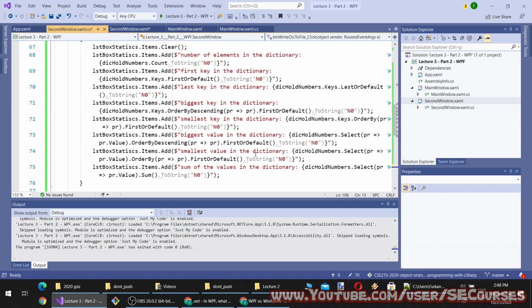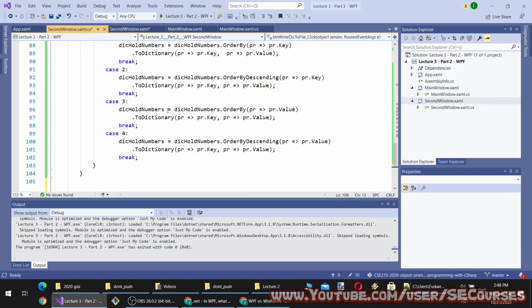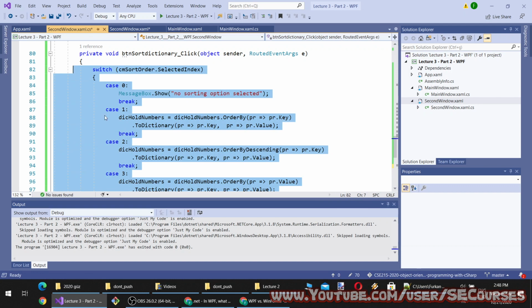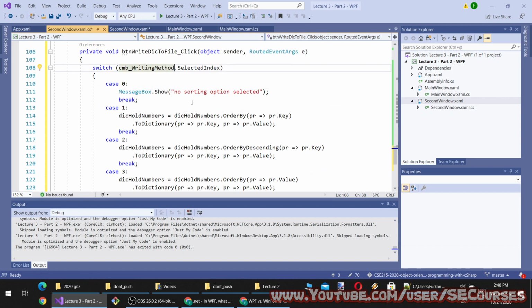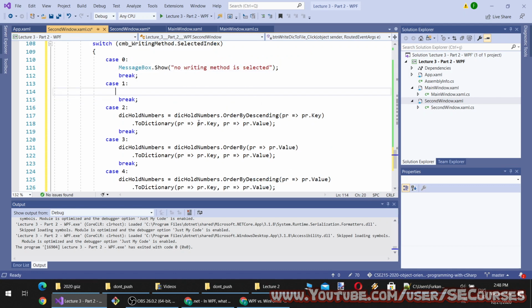Okay, so based on the selection, we will write the dictionary to file. How are we going to do that this time? Use this one. Okay, in case 1, what are we going to do?